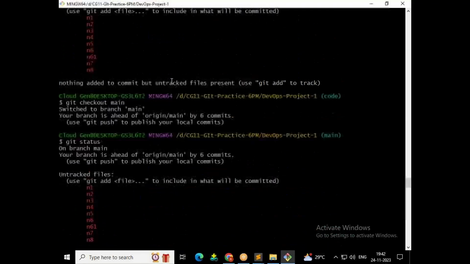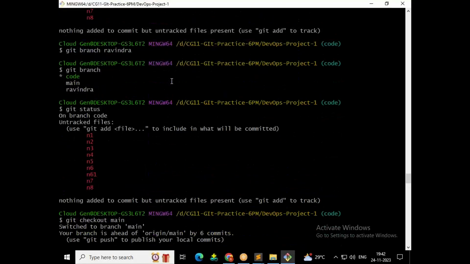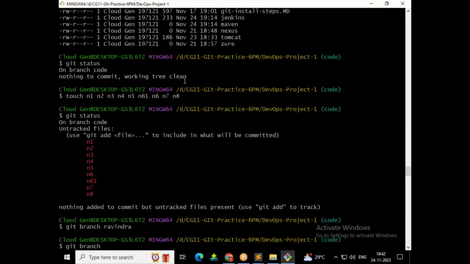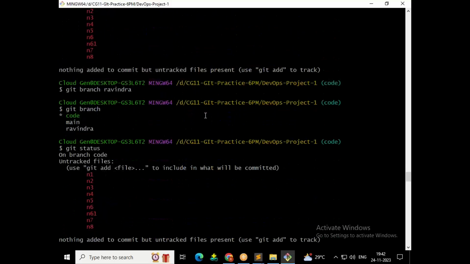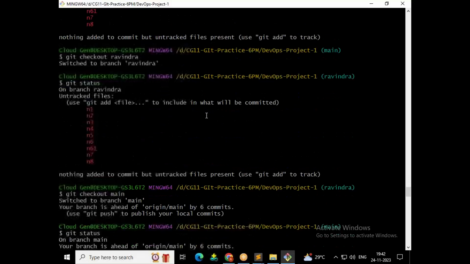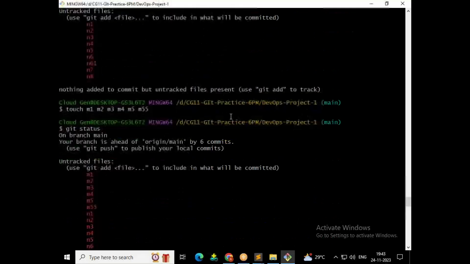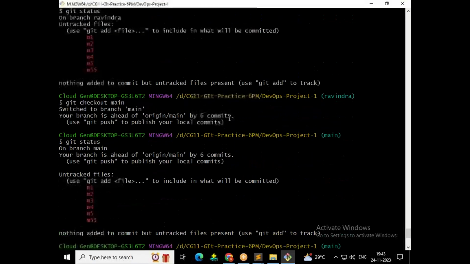In the main branch? Are you sure? Yes. In the code branch we created them. See guys, and where did we commit? In the Ravindra branch we committed. Now the code branch does not have access to those files, and the main branch also does not have access to those files. If we want to get those files into the main branch or any other feature branch, yes,